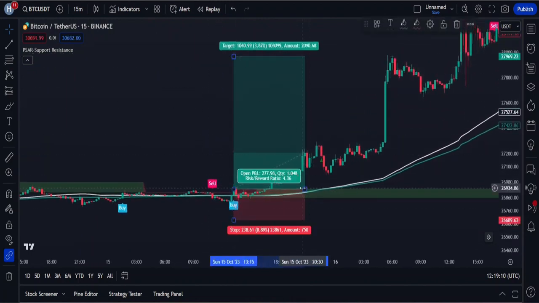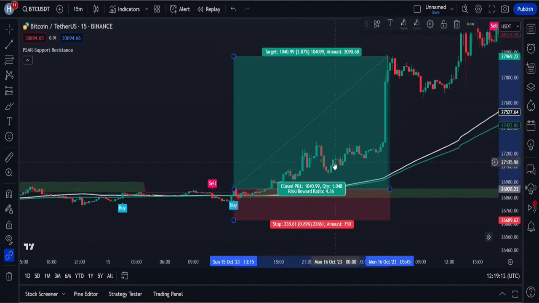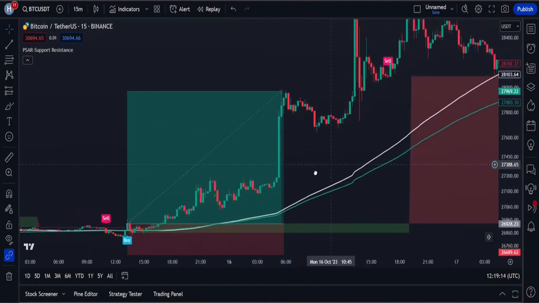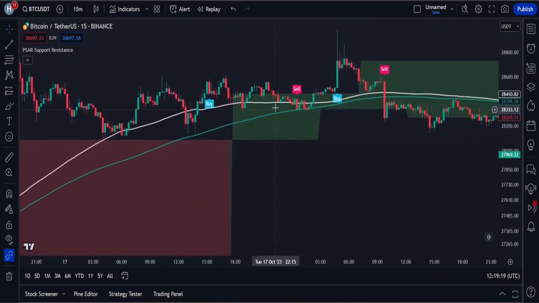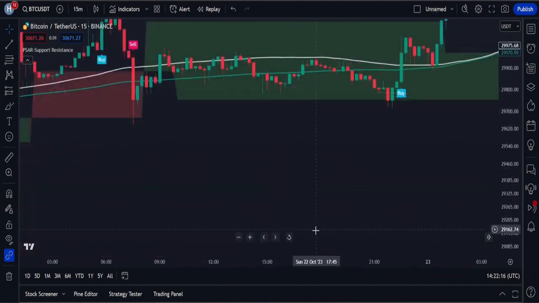As you can see, it's not difficult to use this indicator. It's pretty simple, and even beginner traders can use it in their trading. It is the exact opposite for entering a sell trade. Whenever the market enters a range zone,